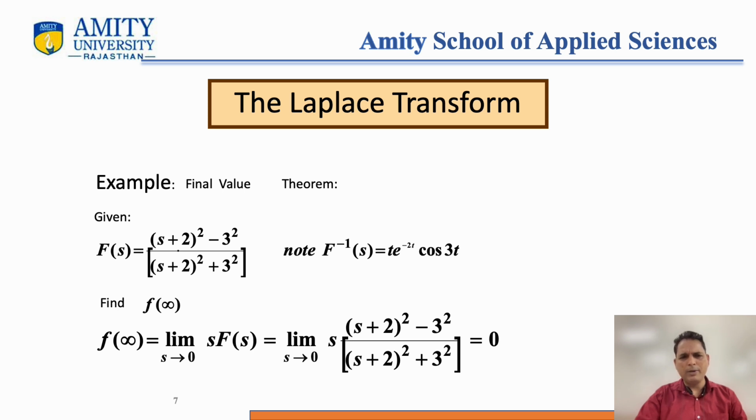It is in the form of limit s tending to 0 of f(x) into g(x). So we can separate these two limits, and when we have solved them, we get 0 multiplied by some constant value, which is equal to 0. So the value of f of infinity we have found here is 0. It is very essential to discuss these things when we define the Laplace or inverse Laplace transformation of some function. Now we are moving on to discuss how to find the Laplace transformation of some